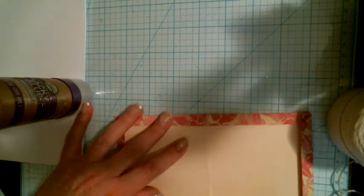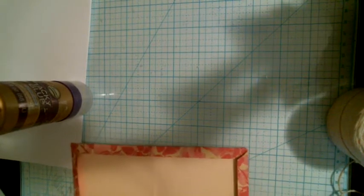A lot of people cut this. I'm just like, what's the point? You can, if you'd rather, make a triangle here so that you can just fold it down. But all this is going to be covered, so it doesn't really matter. And since this is small, I don't know that I'll use it. I may use it for